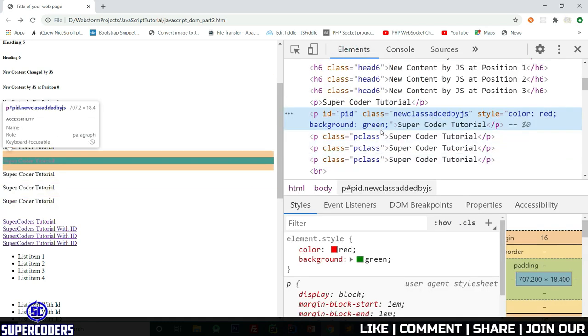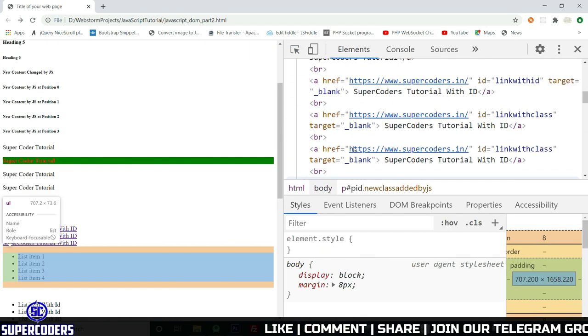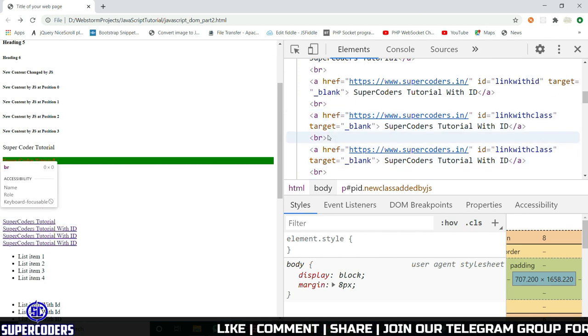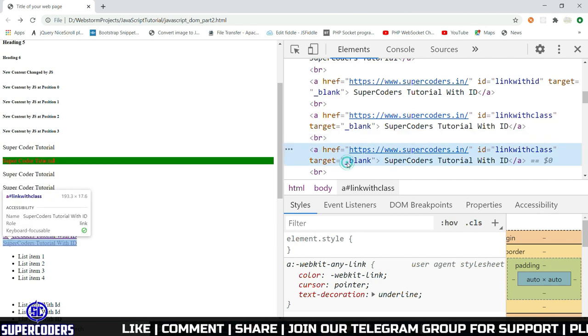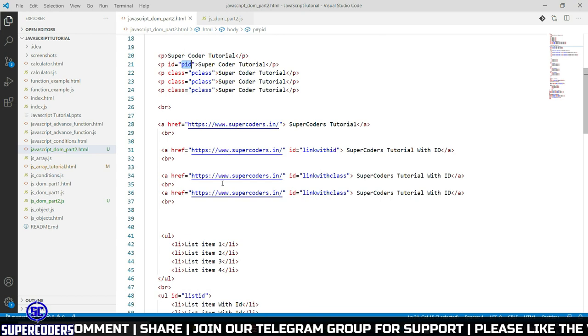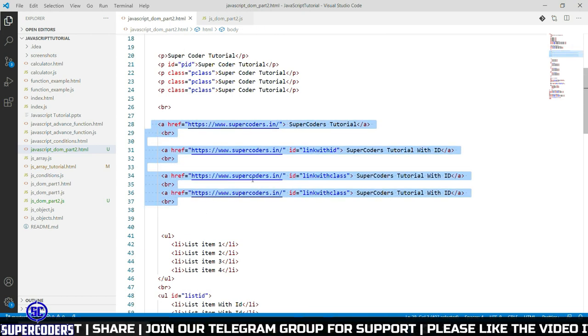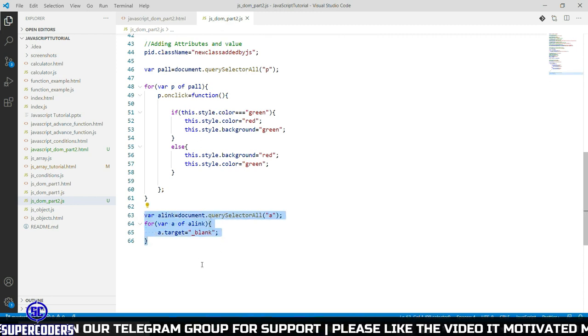So you can see in all anchor tags, target blank is added by JavaScript. If I open the code, you can see by default there is no target blank. So all this is added by this JavaScript code.